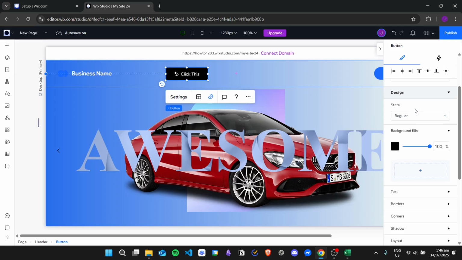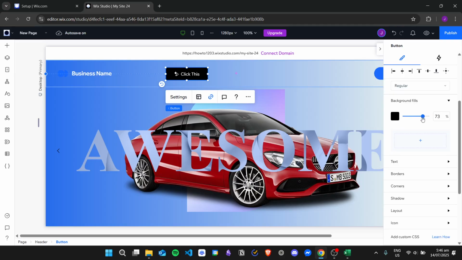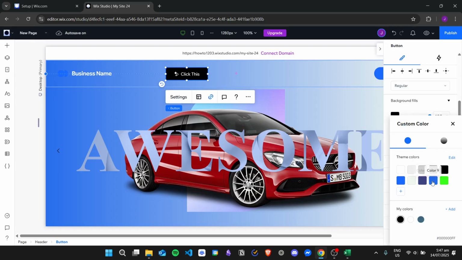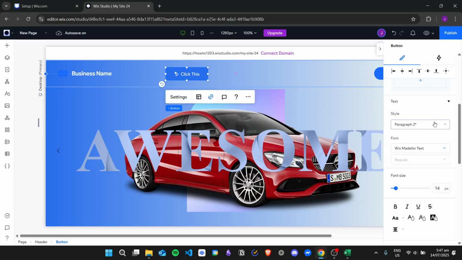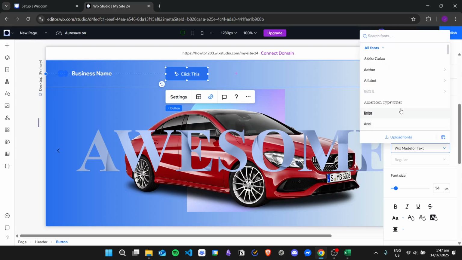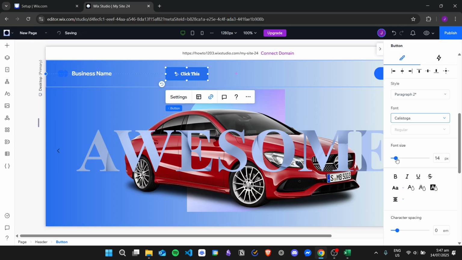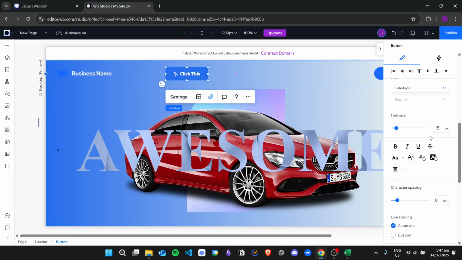So we'll first go to the regular state, and then we can also change the opacity of our button or change the background into a different color. And then from here we can also change the text style, the font style, and then we can also change the font size. We can also change if we want the text to be in bold or to be in italics, underline, strike through, change the capitalization, change the text color,